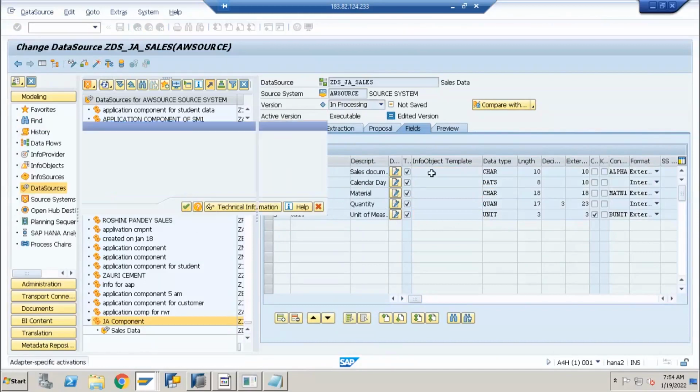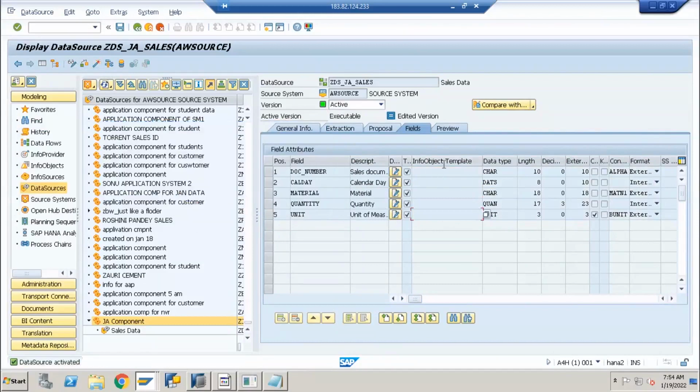It's not mandatory to give an info object template here. The info object template is just a placeholder from which it can fetch the information of each column. So this is about the data source concept.